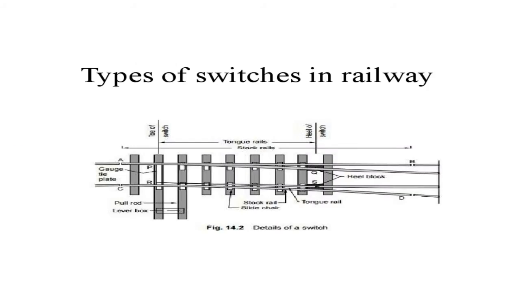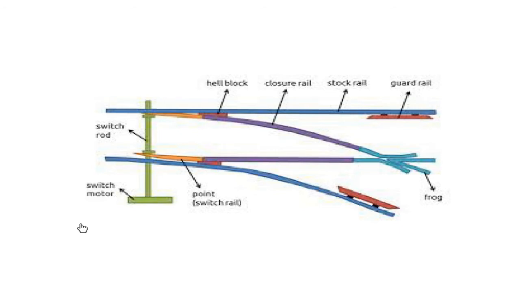Now let's learn the different types of switches used in railway. Before that, I'll tell you how the trains change their tracks or how they are getting diverted to right or left. Here you can see an arrangement of point and crossing. Here the switch rod is there, the switch rod or the stretcher bar. You have to remember that this portion or this distance is fixed, but these rails are movable. It can either go to the left or it can move to the right. Now a switch motor is there which allows the movement.